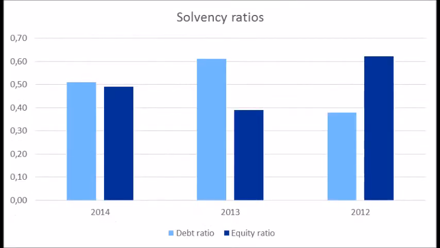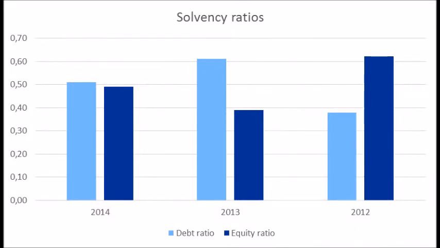Afterwards, the blue lines represent solvency ratios that measure the ability to pay long-term obligations. The light blue one is the debt ratio and the darker one is the equity ratio. According to 2014, they are about equal, which means that assets are financed with both investments from shareholders and debts. The fact that they are equal is a good thing because the company can still rely on one if the